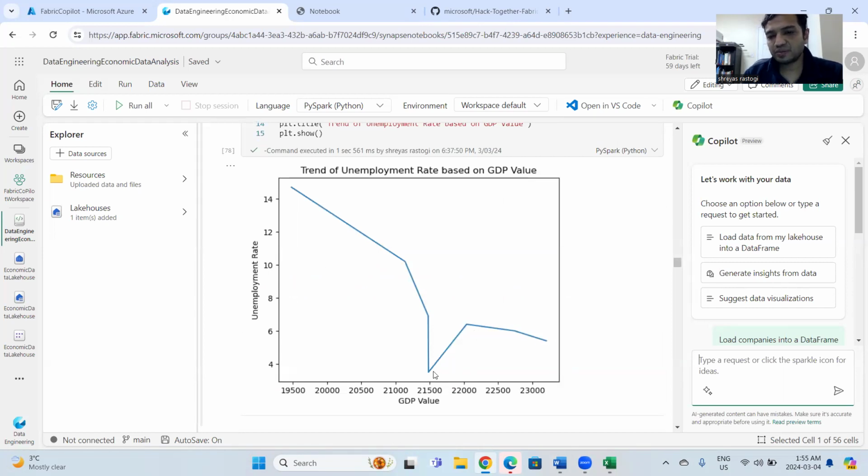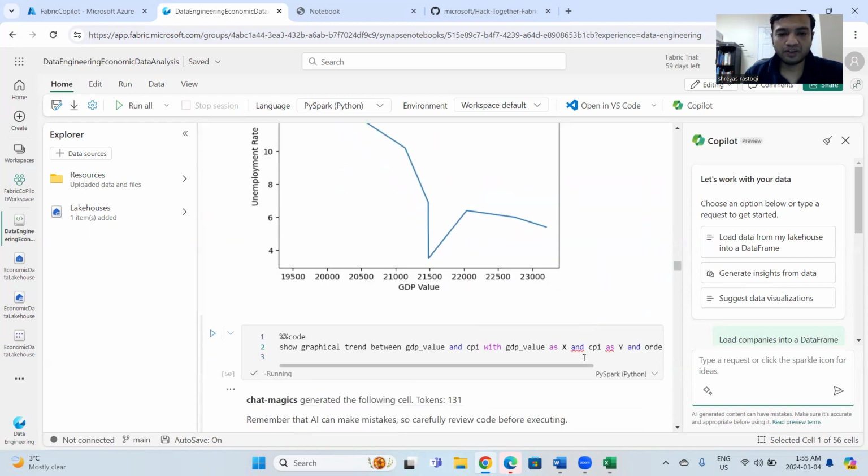So maybe at this point companies might be taking cost cutting measures to boost their bottom line, or there might be some other reasons, but it shows that with an increase in GDP, there was a point when there was an increase in unemployment rate, and then it starts to come down. Now, if we continue,